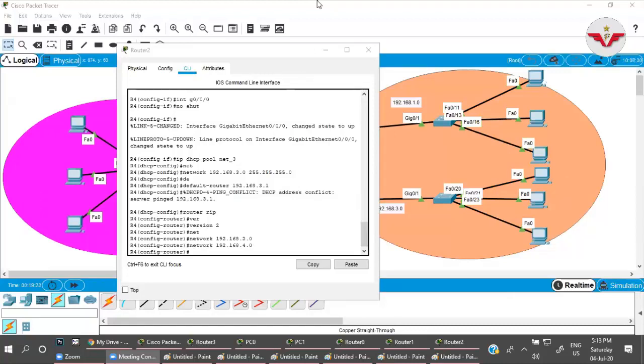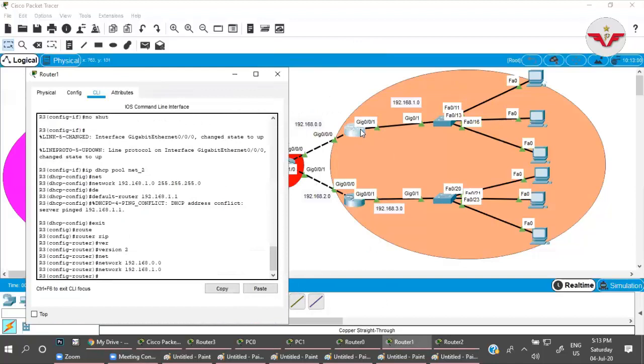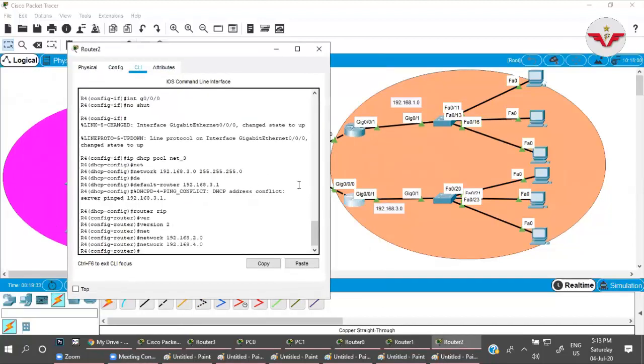Can you see now? I could see, but router 3 configuration was stuck. Okay, it's stuck in router 3.